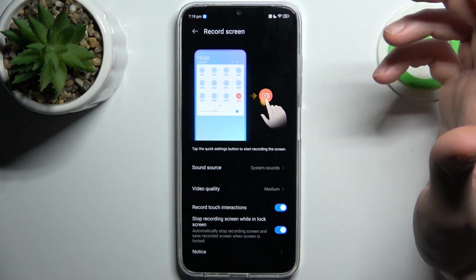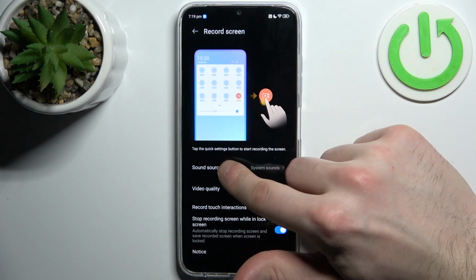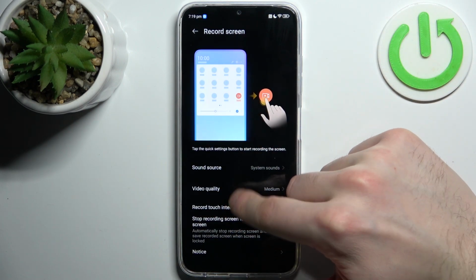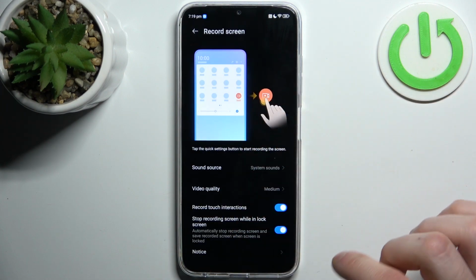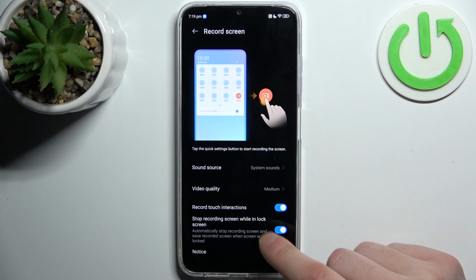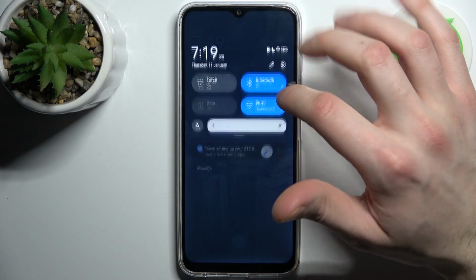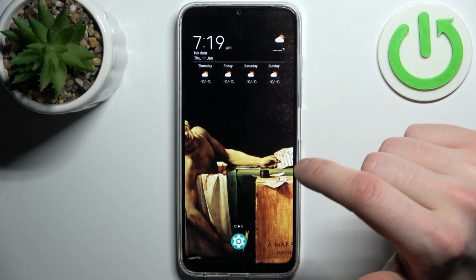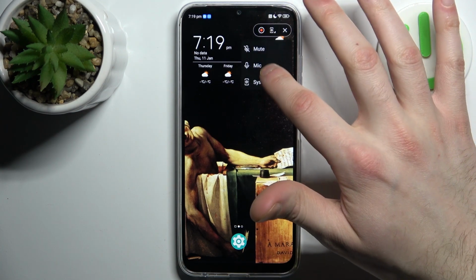So by holding your finger on it you can access some of its settings. You can change sound source, you can select video quality, you can record touch interactions, you can stop recording while in lock screen. So to start recording, just tap on this button once, and after that this kind of menu